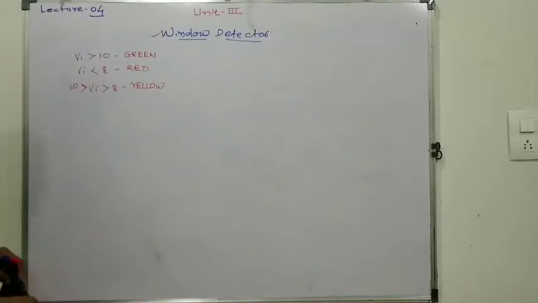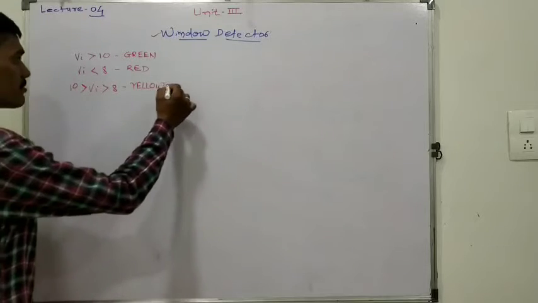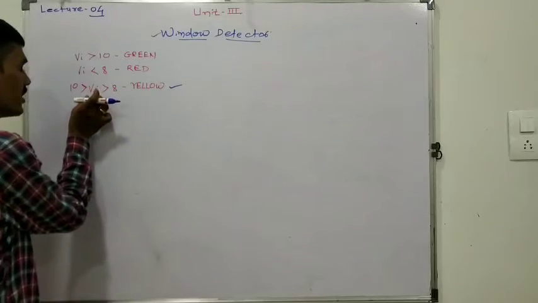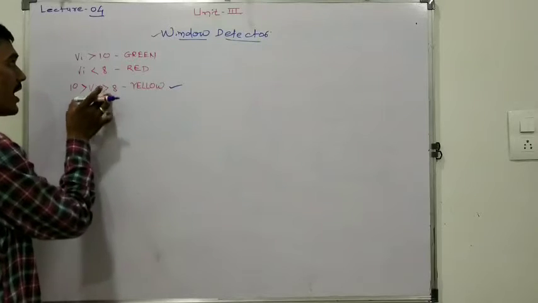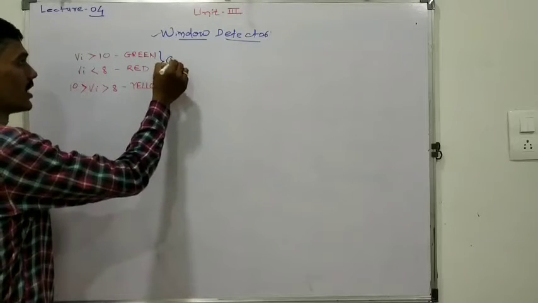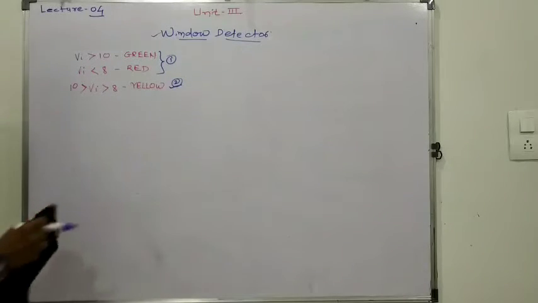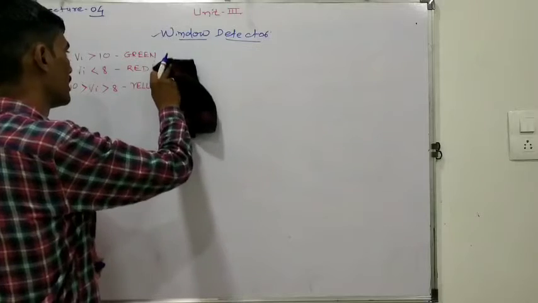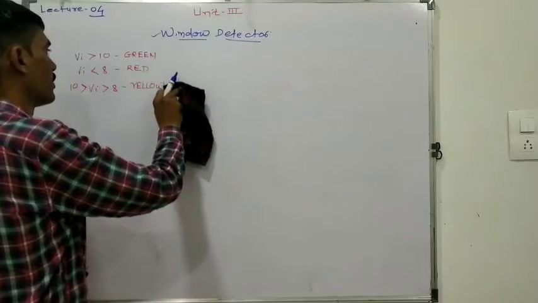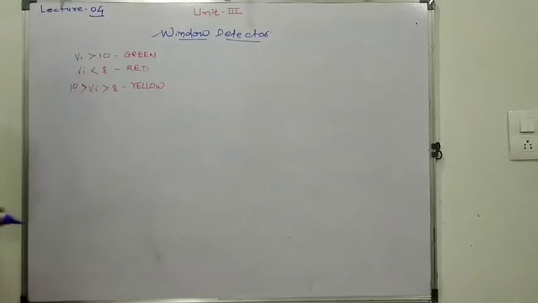So here we have to connect 3 LEDs. In the previous problem we connected only 2 LEDs. One is for when the input voltage is in between the range, and otherwise we glow a single LED. That is the first condition, and this is the second condition in the previous problem. But here there are three conditions given, so we have to detect whether the voltage is less than or greater than the range. That also we have to detect here. So let us start with the design.